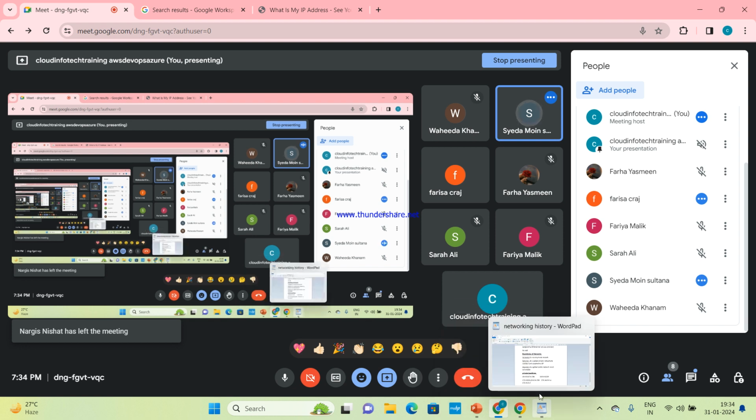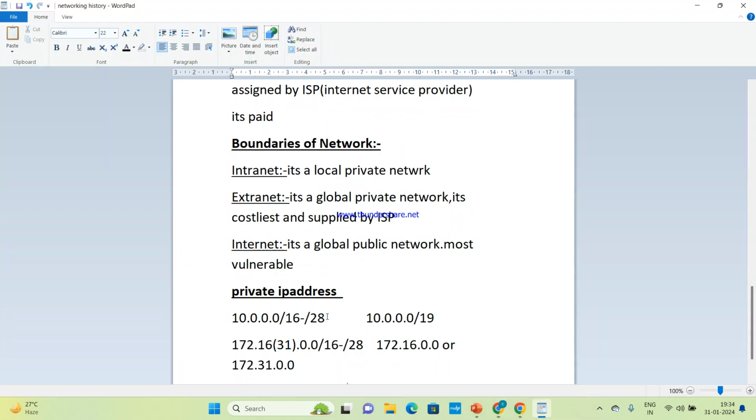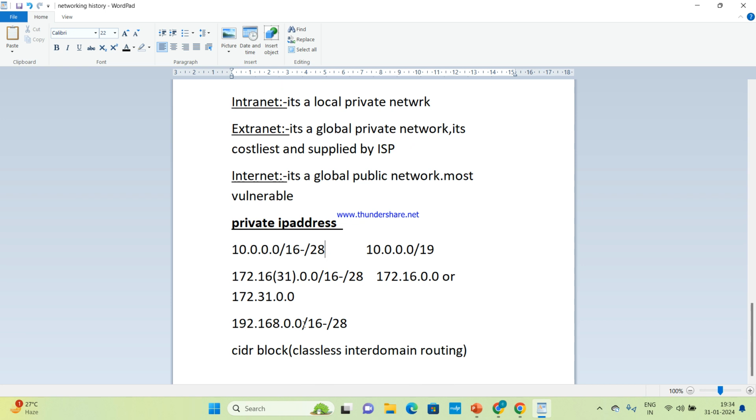See, in a CIDR block, the last number of the address should be 0. This is the private IP. In the CIDR block, you can give numbers between 16 and 28.